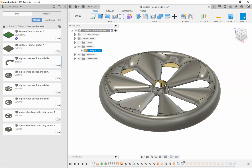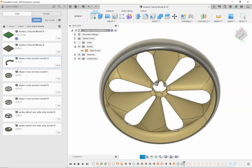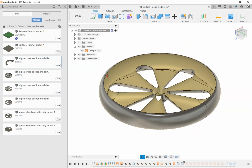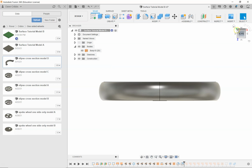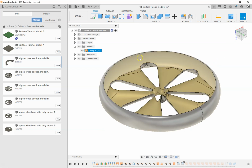This is our one-sided carbon fiber wheel, kind of a mock-up of what we came up with. If you look at the other bottom side, you can see that it truly is just a super thin shell of what the carbon fiber would look like. And we'll talk about how to model that. The first thing is we'll get the shape, and then we'll need to create a plug